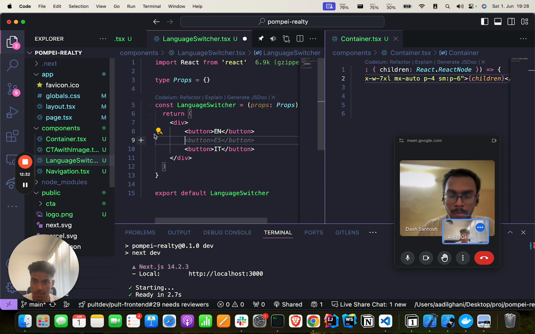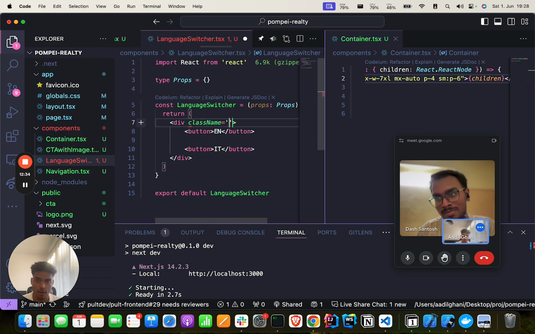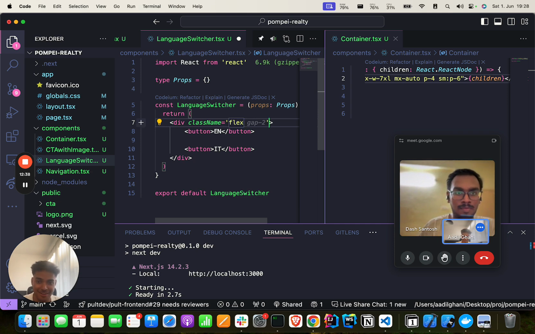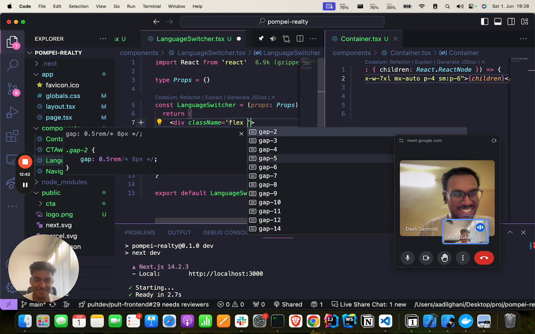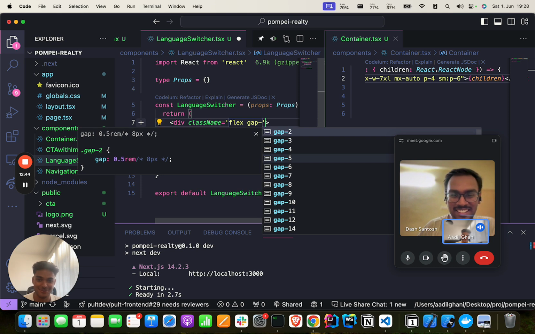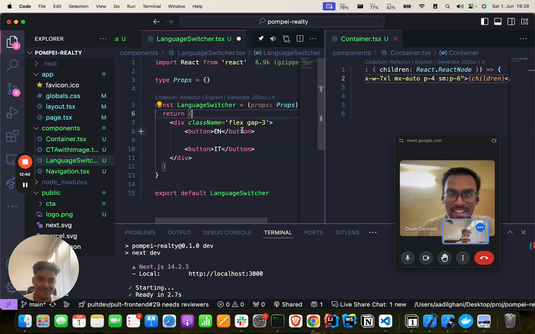God bless ChatGPT. Now we're going to go to Flex. Oops, my bad, GitHub Copilot. Sorry. Flex. Yeah, you can go to jail for saying wrong things. Gap 3, and then now